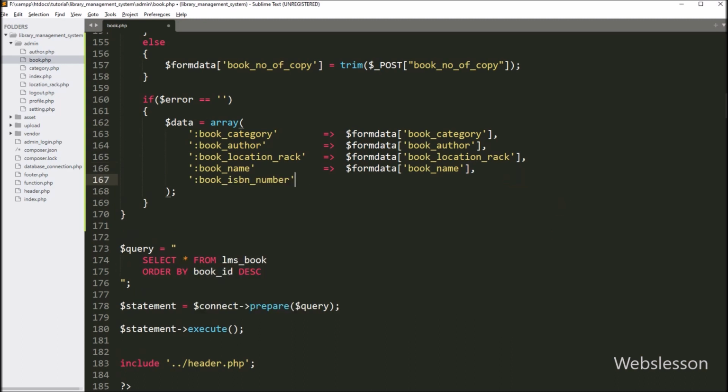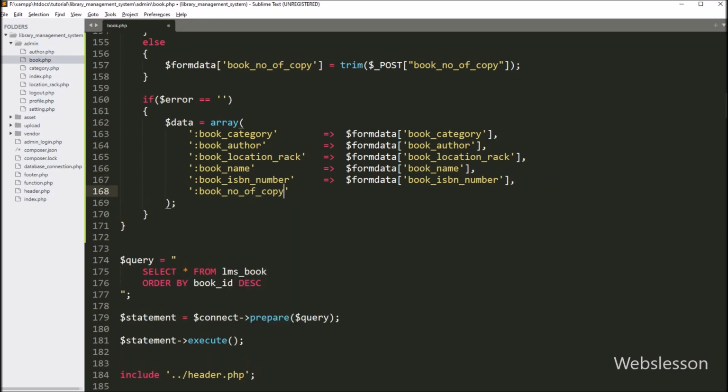In the array fifth key, we have to write book ISBN number, and under value, we have to write $form_data book ISBN number variable. In the array sixth key, we have to write book number of copy, and under value, $form_data book number of copy variable.